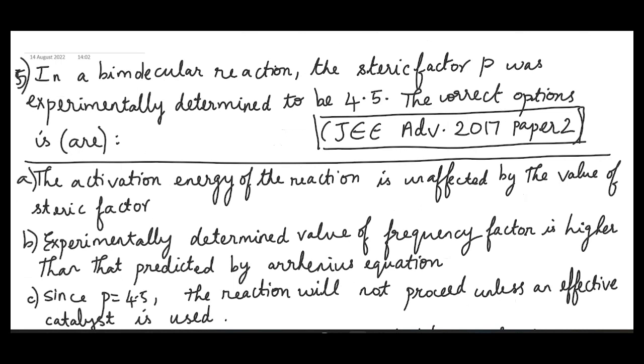Now this is our next question. This was asked in JEE Advanced 2017. Now the question says, in a bimolecular reaction, the steric factor P was experimentally determined to be 4.5. The correct options are,